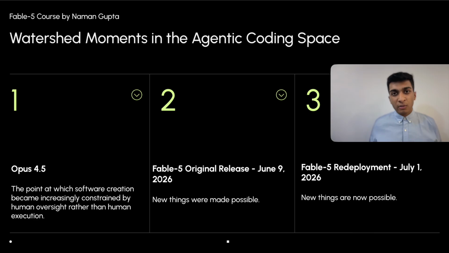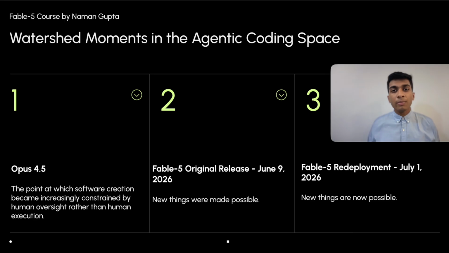So when Fable 5 was released, it made new things possible. What I mean by that is, while a predecessor of Fable 5, like the Opus generation or the Haiku or Sonnet generation or the GPT models, could develop websites and applications with human oversight, and you would have to iterate and develop applications, with Fable 5, what we've seen is that it can build huge, high effort requiring applications with a single prompt.